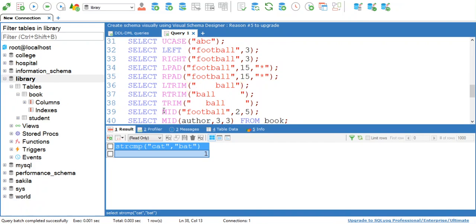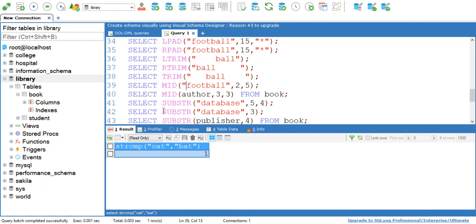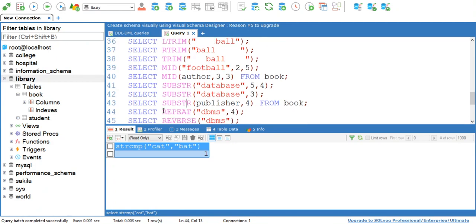These functions are used to remove blank spaces from the left side, right side and both sides respectively. Then mid and substr functions are there, which are used to extract a substring from the original string. Here we need to specify the original string, then the starting character and the length of the substring.